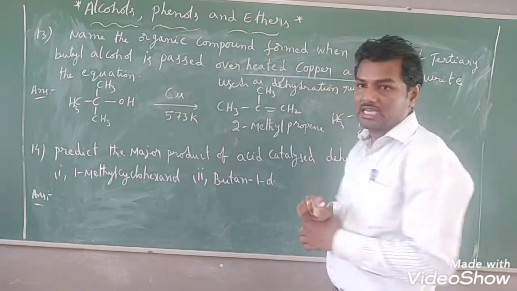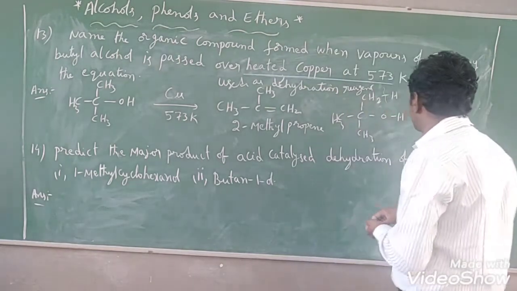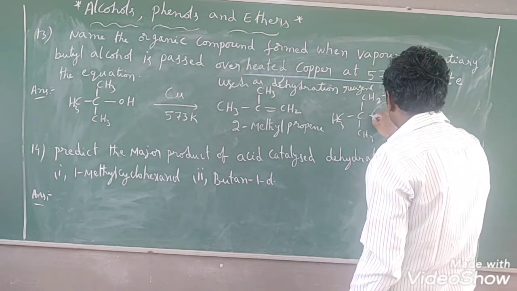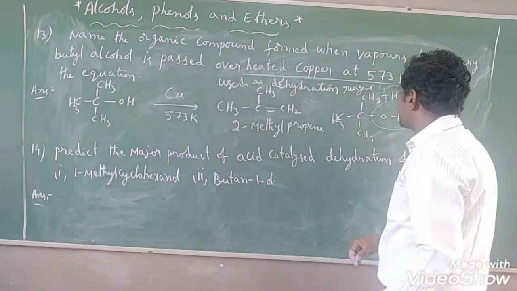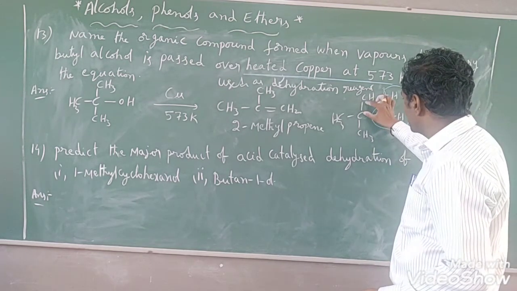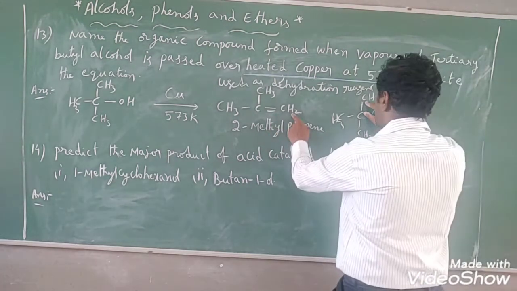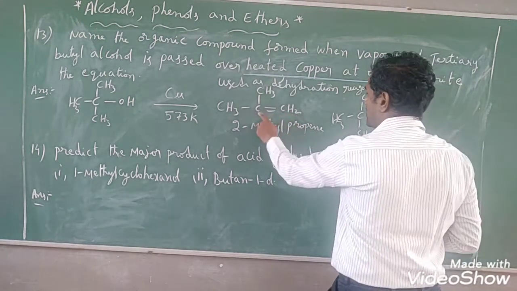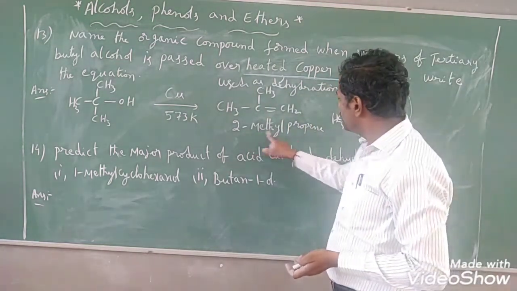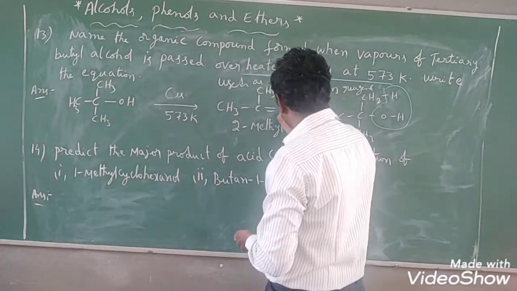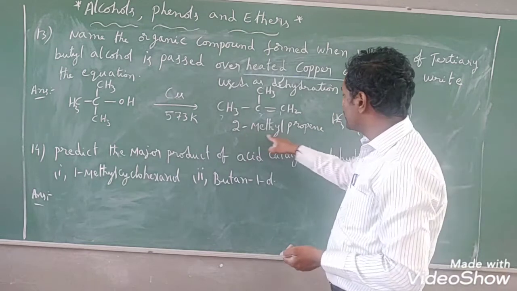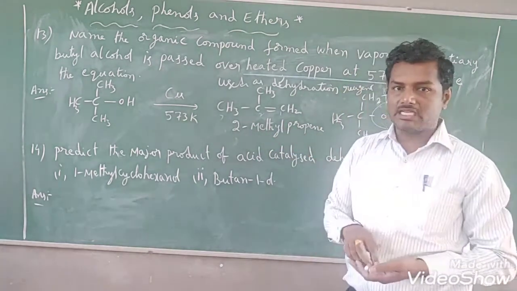Copper at 573 Kelvin, right? Dehydration means what here? Removal of water molecule. From this carbon, one of the hydrogens, and from this carbon the OH group, is removed as water molecule. Breaking of two single bonds results in the formation of a double bond here. Right? So we have got C double bond CH2, with CH3 on two sides. What is the name of this compound? See that, how do we give the numbering? 1, 2, 3. On second position, methyl is present. So that's why 2-methyl propene is the correct answer, students.